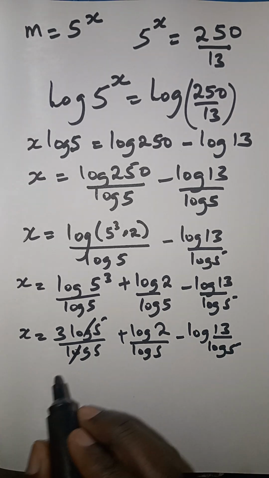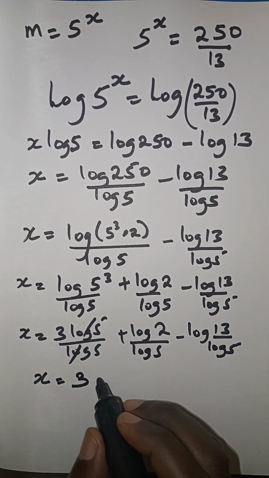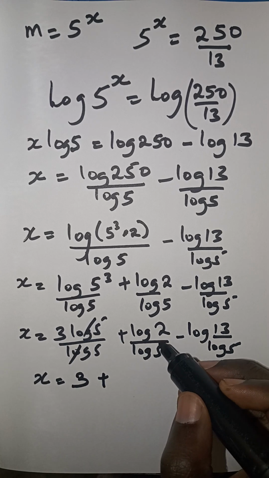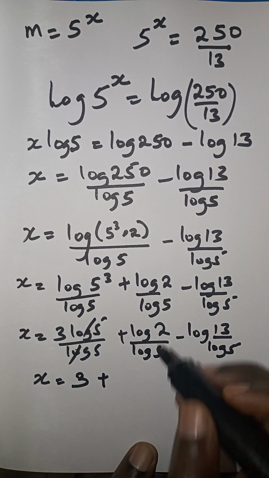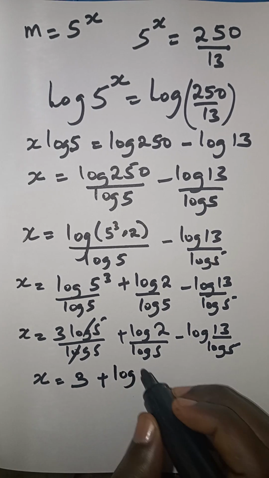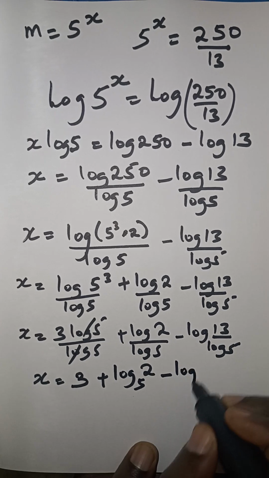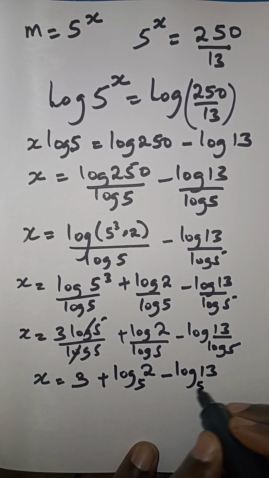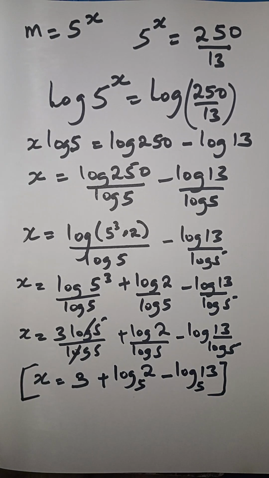This and this cancels, and then the value of x becomes 3, of course, plus when the base is also a log, this comes up as the log of 2 to the base 5 minus the log of 13 to the base 5 as the required,